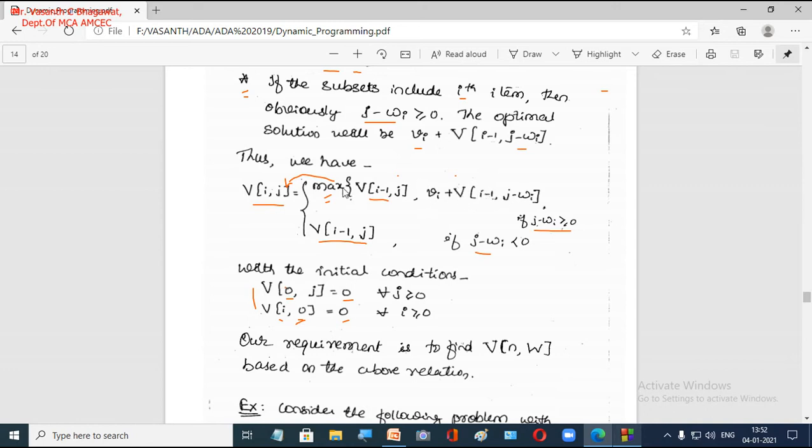Out of these two, whichever is maximum, we retain that value and put it in the table. So majority of the time, based on this condition, we are going to find the maximum of two numbers.